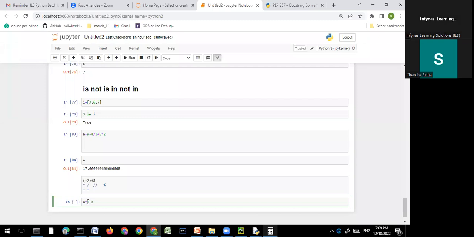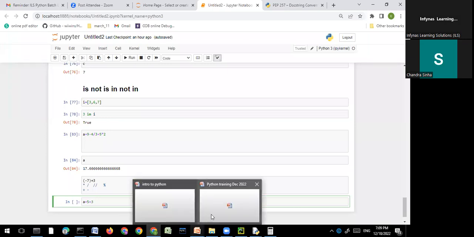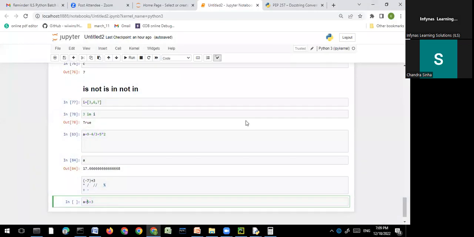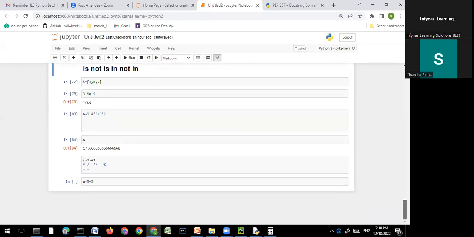ठीक है, आज इतना हमारा एक एजेंडा था, ये हमने आज कर लिया है। कुछ चीजें और बची हुई थीं। हम ऑपरेटर्स के बारे में बात कर रहे थे, इनपुट आउटपुट थोड़ा सा प्रिंट किया था, और असाइनमेंट हमने किया है। कन्वर्जन और इनपुट आउटपुट हमने नहीं किया है, ये हम नेक्स्ट डे करेंगे, क्योंकि आगे जो भी प्रोग्राम होगा इसमें इसका यूज होगा। हम बाहर से यूजर से डेटा लेंगे।